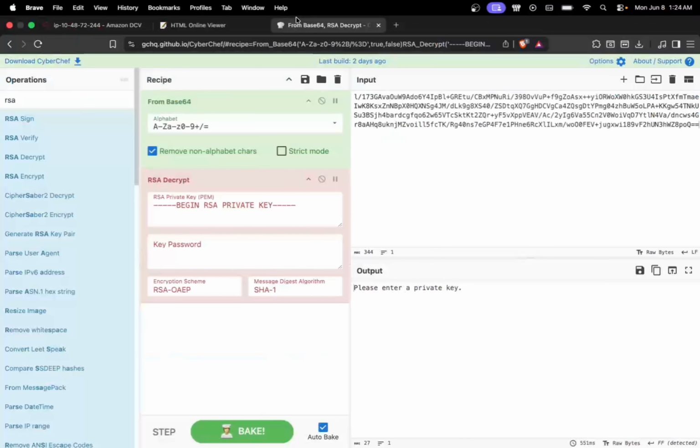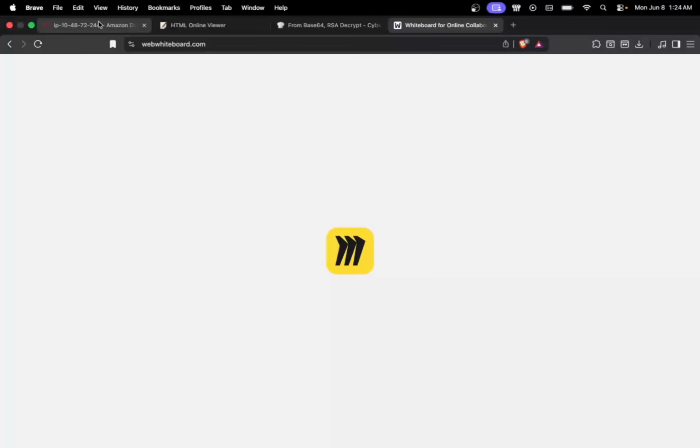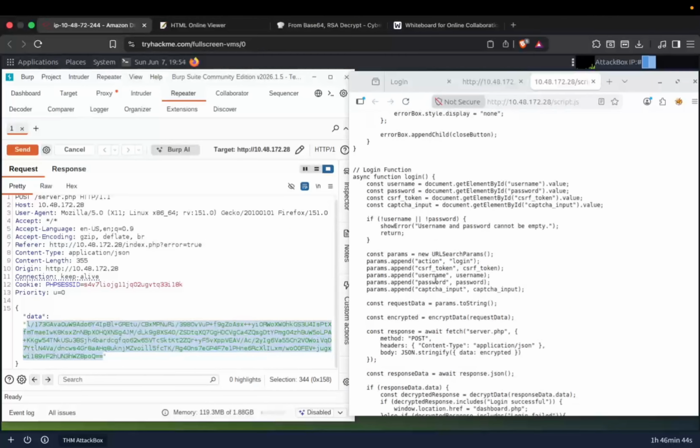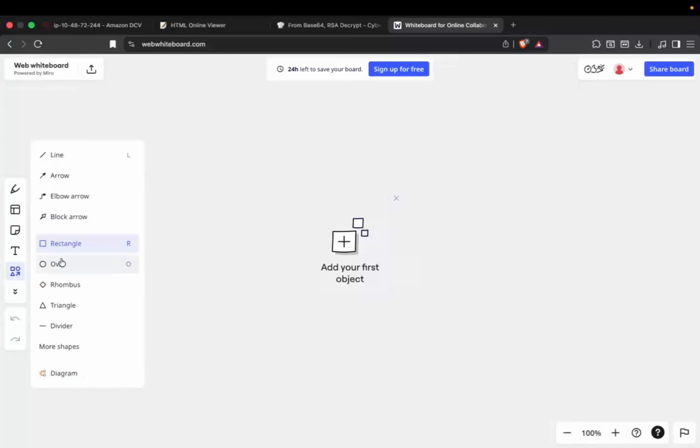So here is one thing I did wrong when I was initially doing this room, and I will explain to you. Let me draw first. As you can see from this script, this is how the data is being sent to server.php: action, login, CSRF token, username, password, and captcha input, and these are being appended. So how this is being sent is, let's say first we have a